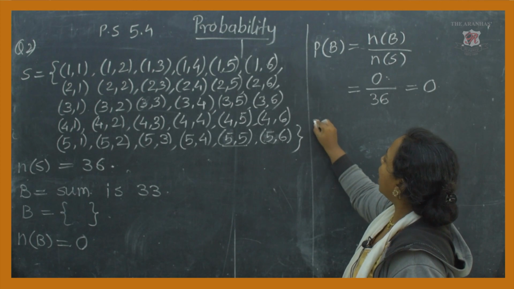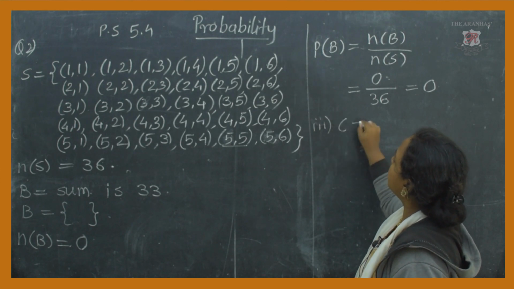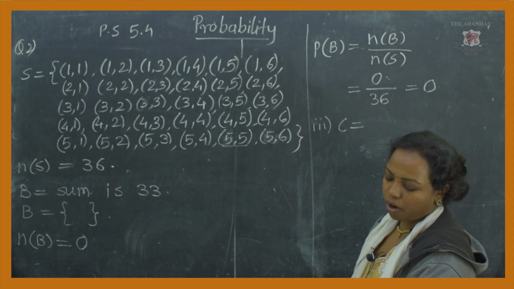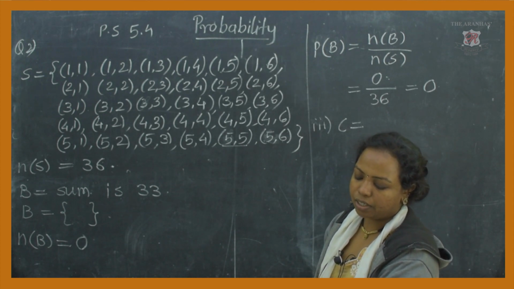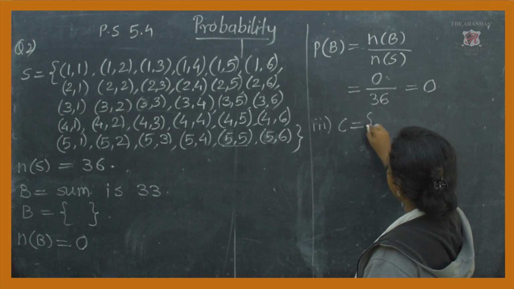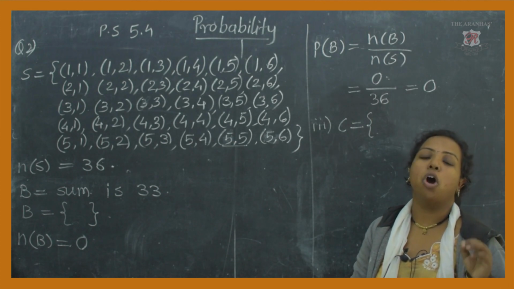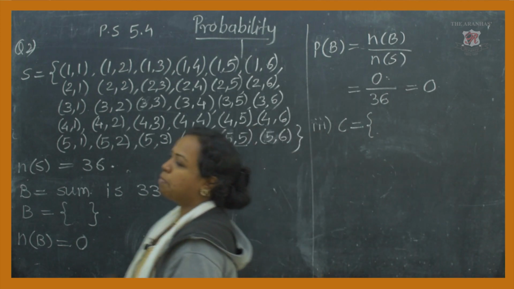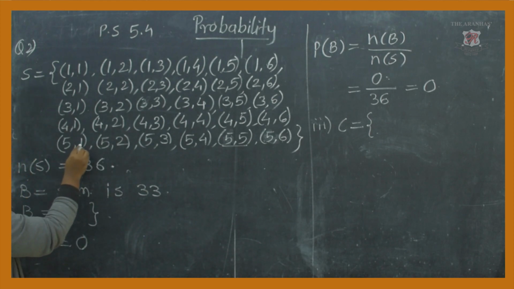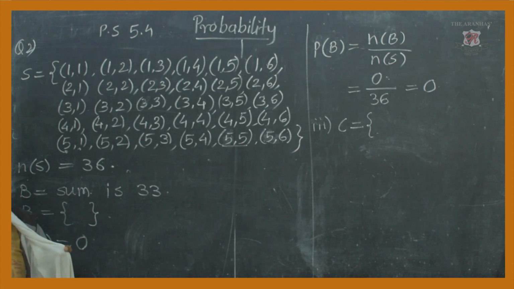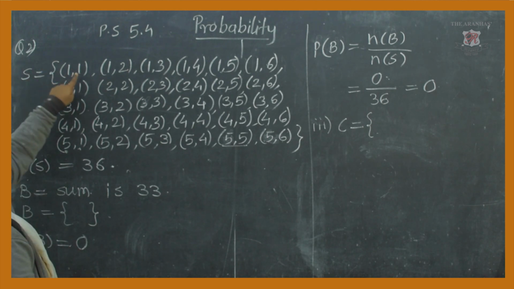Okay. The third one we are taking, that third event, we can call event C: the digit on the first die is greater than the digit on the second die. That means if you see the sample space here, these digits are given there, this digit which is on the first die and this digit which is on the second die. So, we have to check where we are getting the greater number on the first die as compared to the second die.